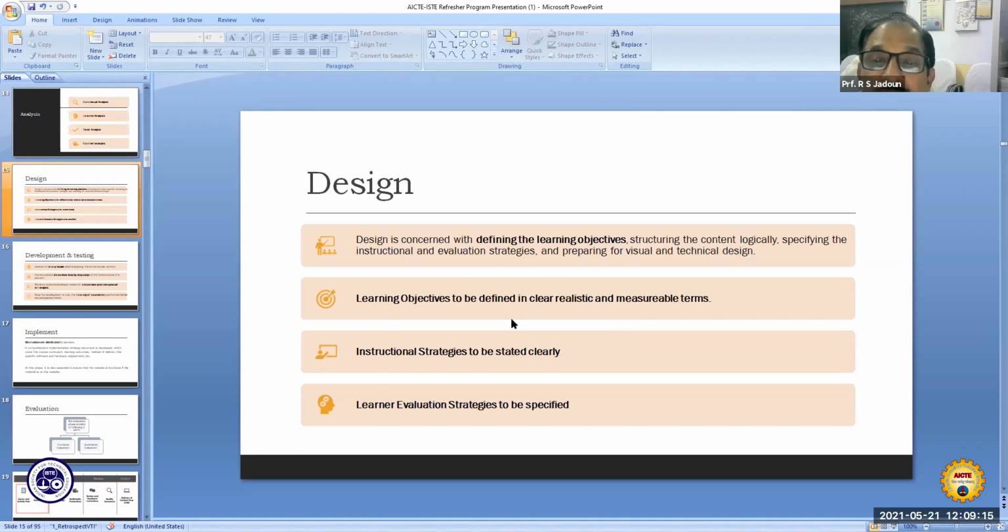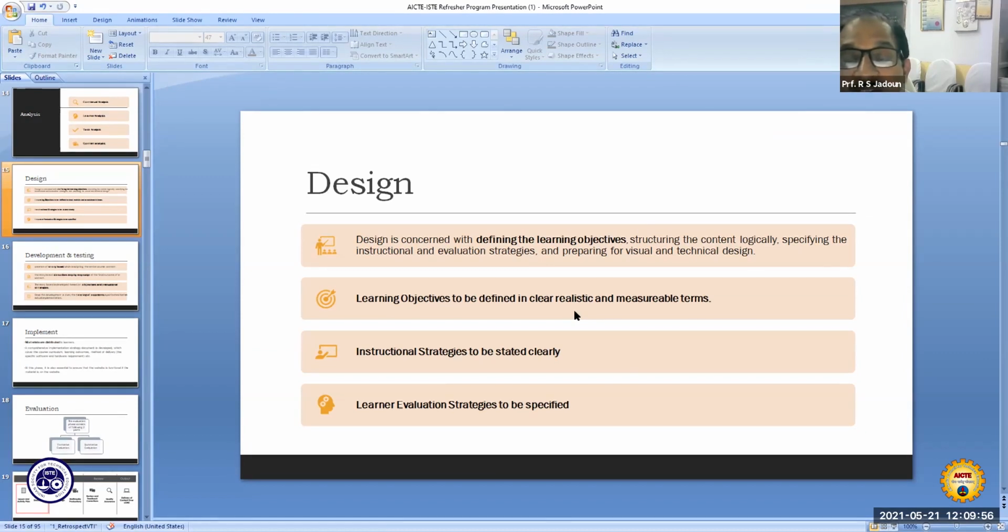Then learning objectives are to be defined in clear, realistic and measurable terms. The learning objectives need not be so ambiguous that they only have a qualitative meaning and one cannot measure. Such learning objectives should be avoided. They should be defined in very clear, realistic and measurable terms, so that at the end of the learning session, one can measure whether what was intended has really been achieved or not.